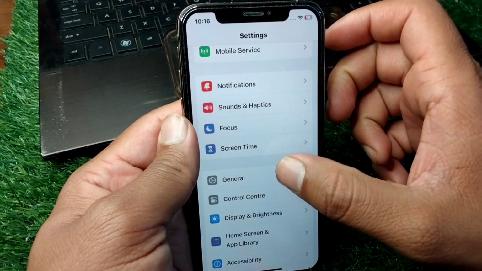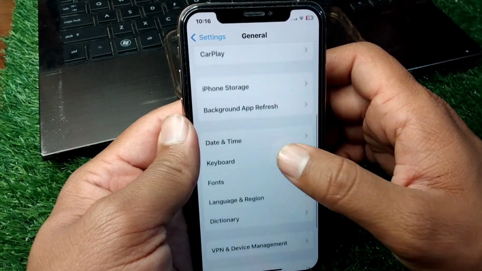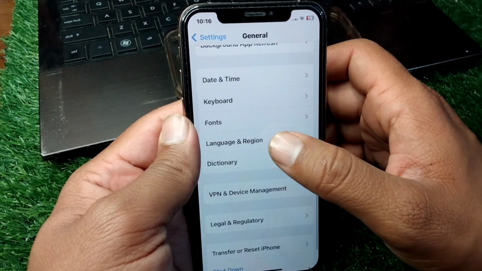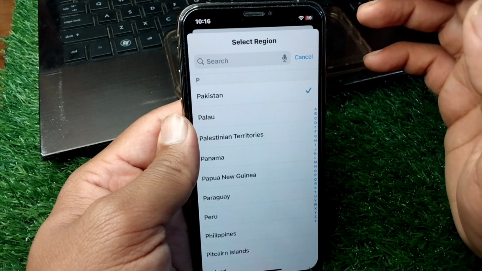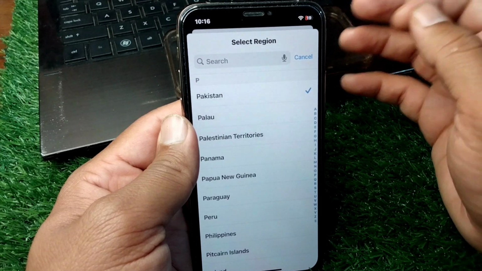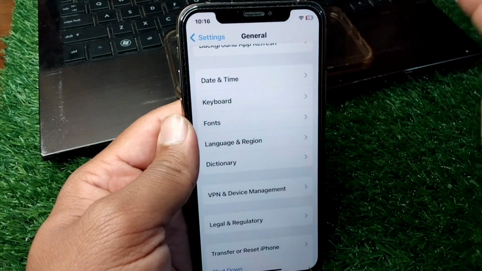and if the problem is still there, then open the general section again and now scroll down and tap on language and region, and from here tap on region and select the region where the app can be installed. So guys, simply select the correct region and check if the problem is fixed or not,